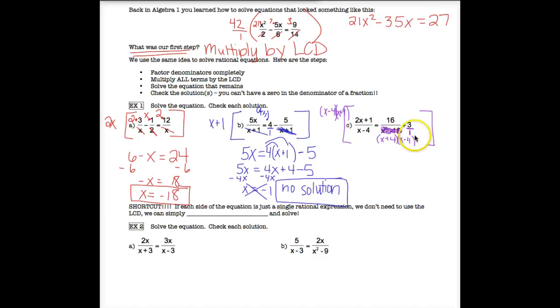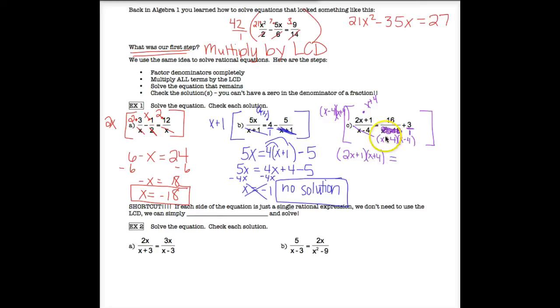And the 1 is just a 1, so we don't need to worry about that. So now multiply each term times that LCD. So the x minus 4 cancels with this x minus 4. So I'm going to be multiplying this 2x plus 1 times the x plus 4. So 2x plus 1 times x plus 4